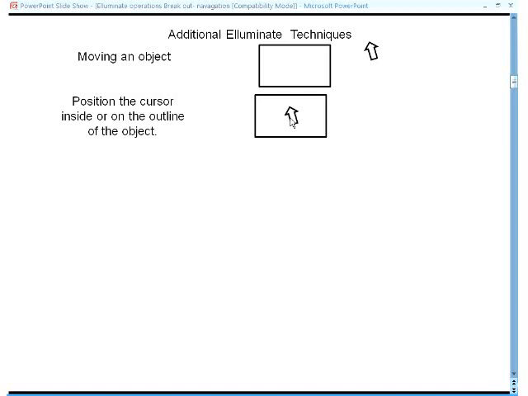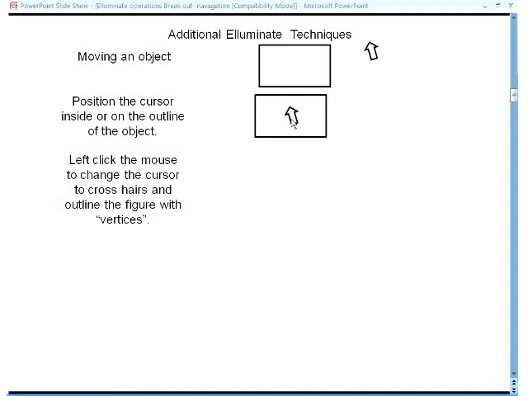On Smart, you do something else. But then you also click the left mouse once you're there, in the center or on the border of the object, the cursor will change to crosshairs, and basically what you need to do is then